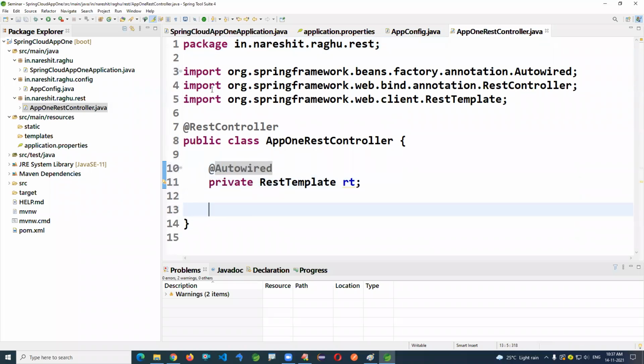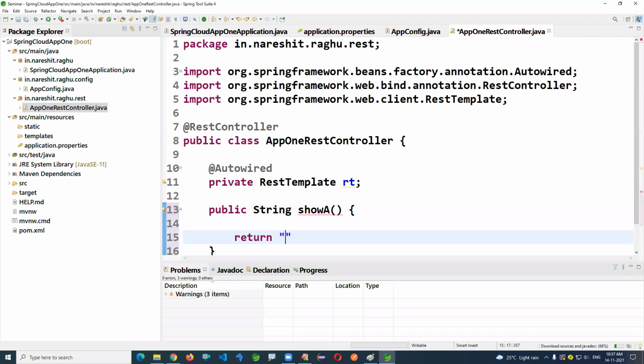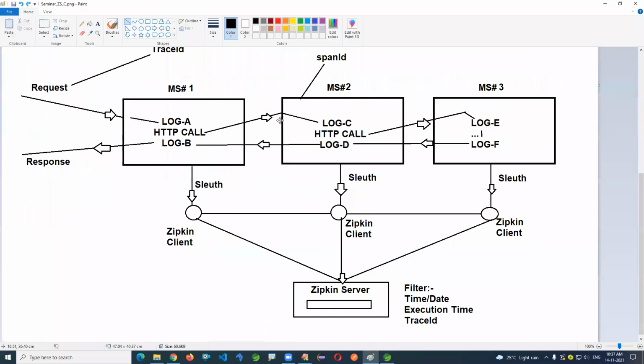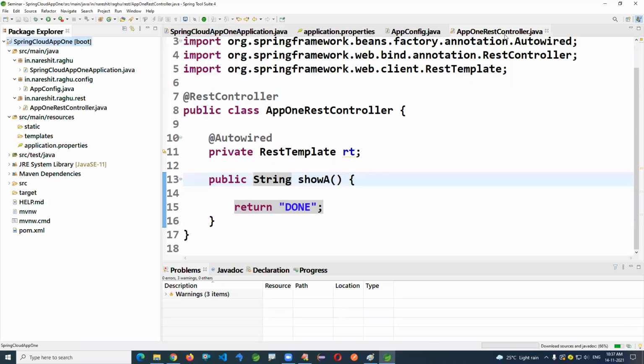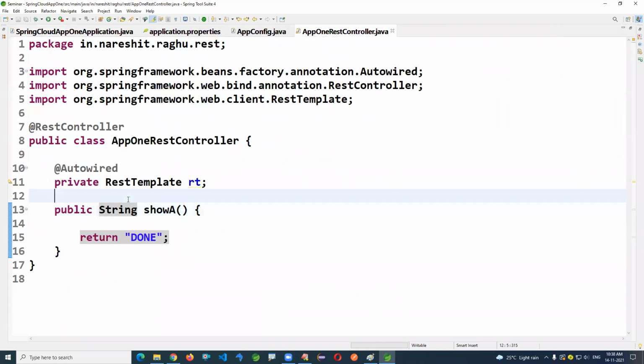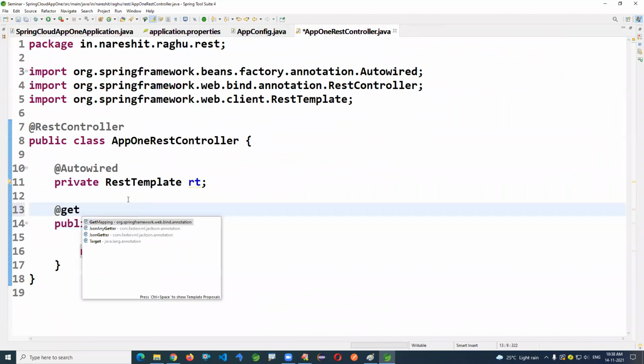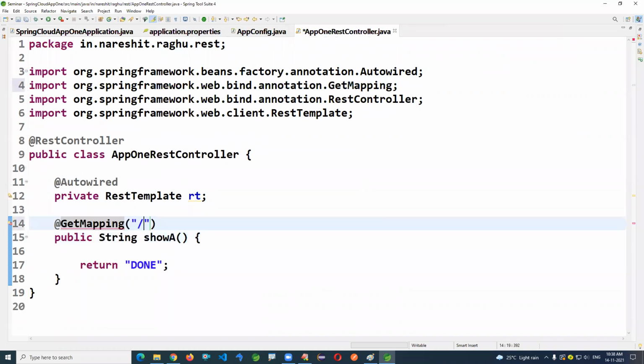I'm just writing a simple method here. Now we are going to consider that this one is the first application. It is going to print some log lines and make a call to another microservice here. There I'm writing one annotation, a get mapping.